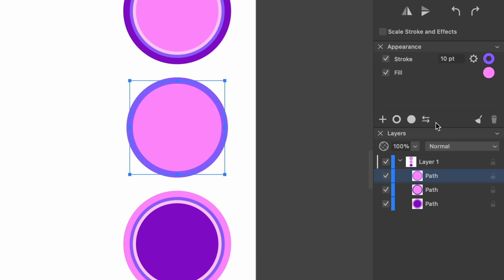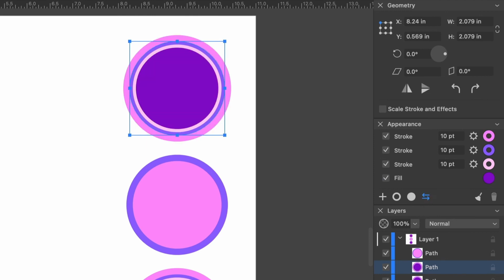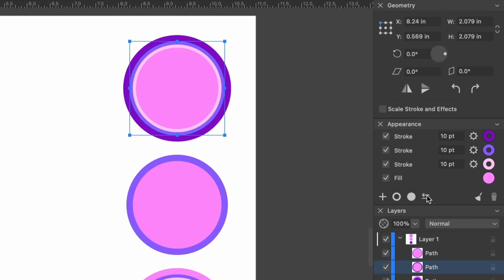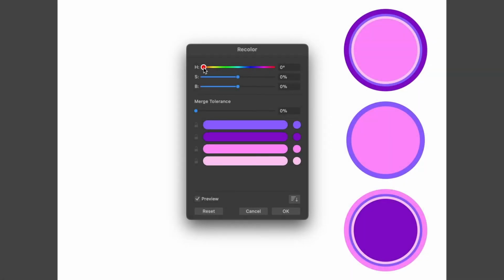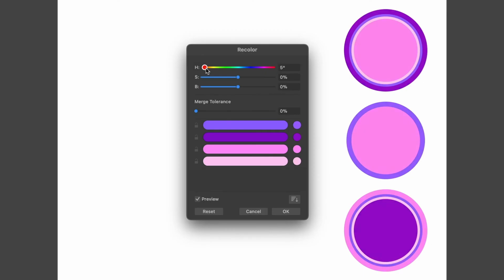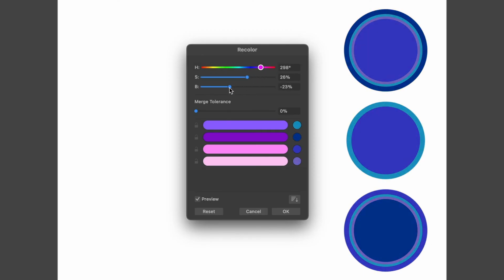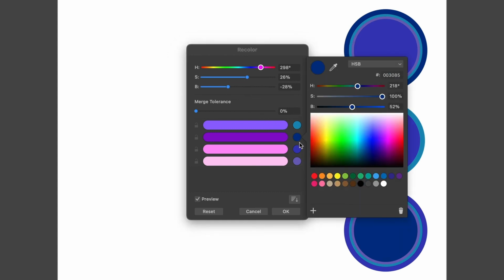The Appearance panel can swap the colors of a stroke and fill using this button. If an object has more than one stroke or fill, only the upper stroke and fill will swap the colors. The app allows you to change multiple colors of several objects at the same time. We do this using the Recolor panel that can be activated in the menu. The upper section of Tools changes the hue, saturation, or brightness of all colors of the selected objects. The lower section lets you selectively set new colors to replace any of the present colors.